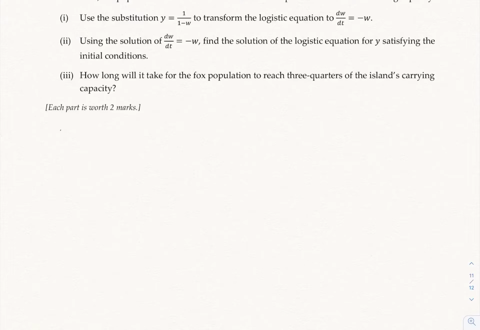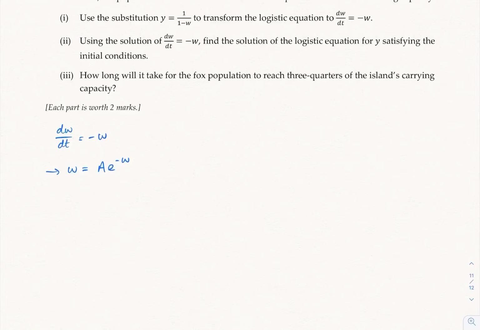All right, so dw/dt is negative w. Just want to remind you, this is like dp/dt equals kp, right, exponential, and so here k would be negative 1. Because it's straightforward, I feel like I can just write the answer down. So w equals ae to the negative t. Okay, I feel confident about that,